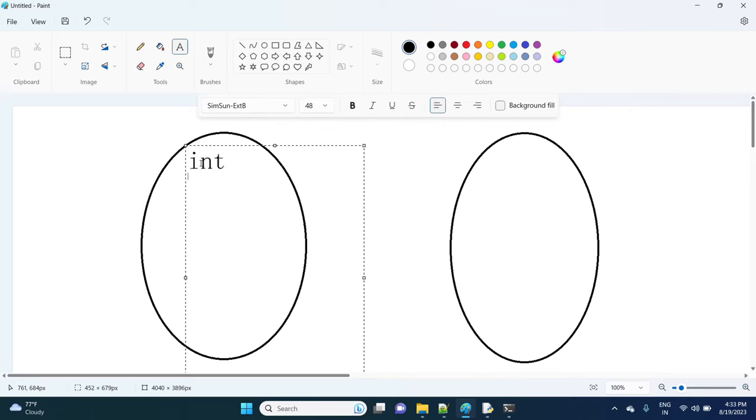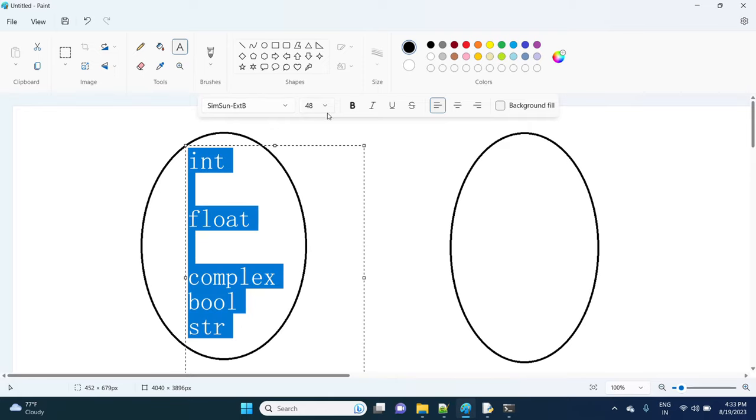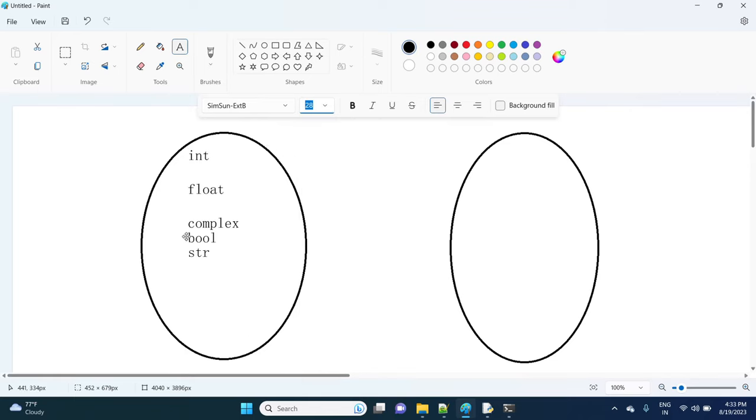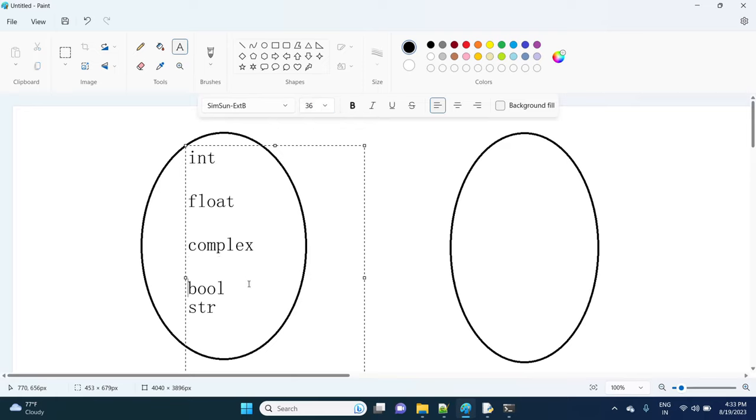int, float, complex, boolean, and string, str. Okay, now we are going to learn each and every data type. Okay, in the same way here also